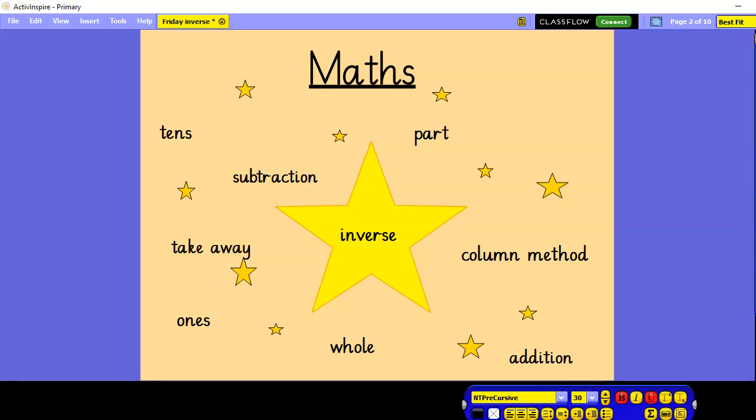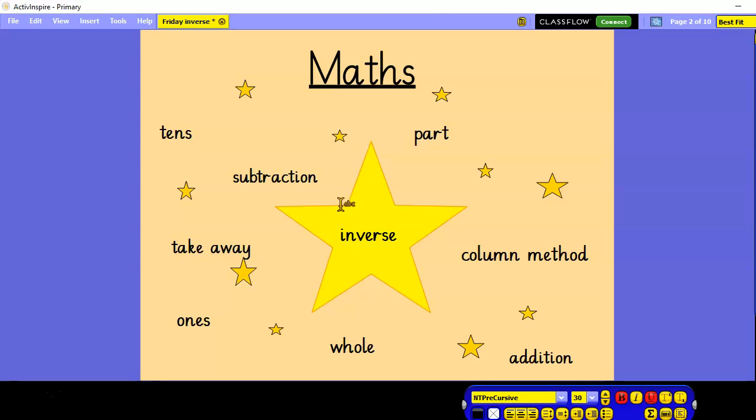Okay, so our star words today are tens, ones. I want to see you doing your actions. Tens, ones, part, whole, part, whole. Subtraction, and that means take away, doesn't it? Subtraction, addition,